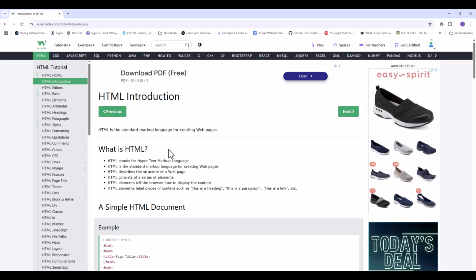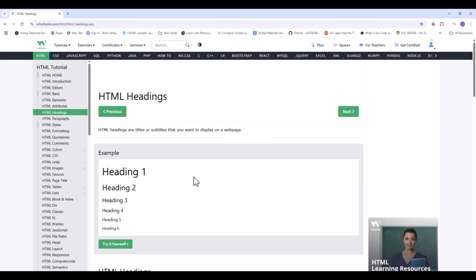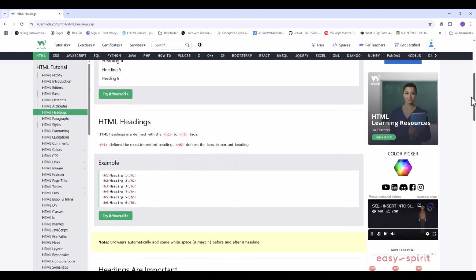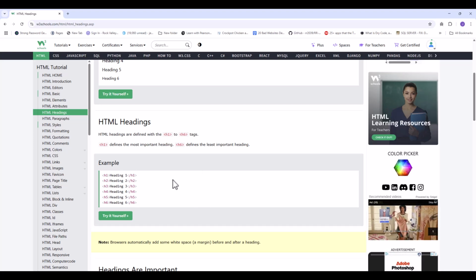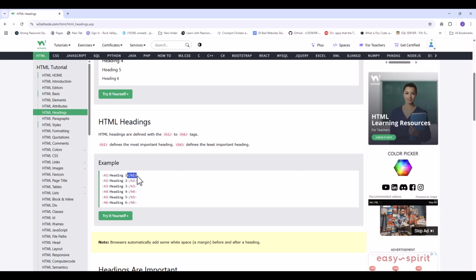Some of the elements that we'll be starting with in this first video are going to be related to HTML elements like heading tags. And we have different types of heading tags that we'll be covering, and we can essentially go through and see that we use tags that are going to begin with a less than, then we put in the heading tag, and then we have the greater than sign, and then we have our ending tag that is essentially going to be a less than with a slash, and then whatever the tag name was that we indicated with the ending tag. So this is going to be how they work.